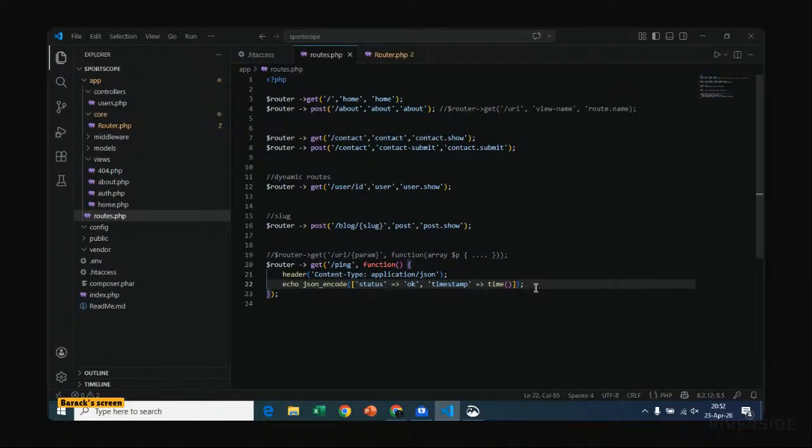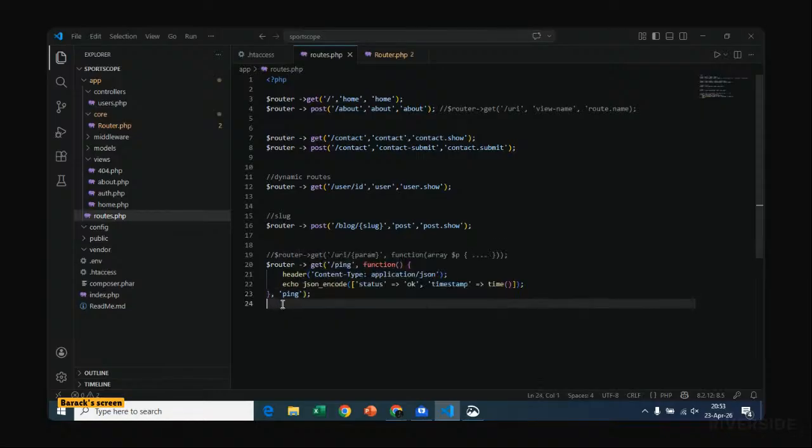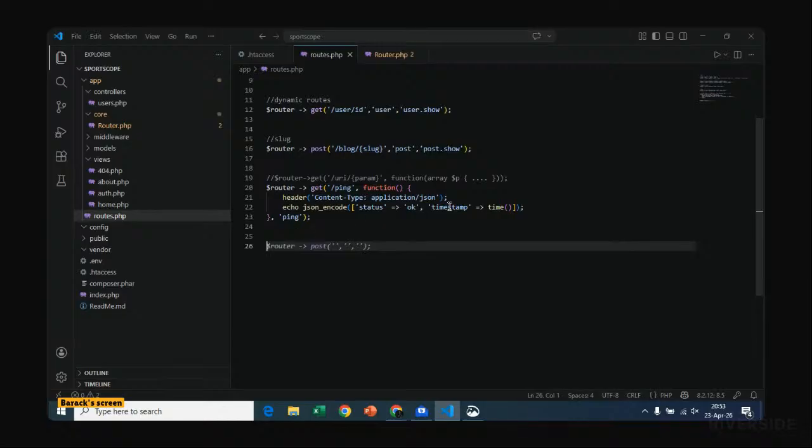So after echoing those two, right after this, we can just say ping. Cool. It's a simple one, though, just for illustrative purposes, but we shall upgrade later. It can get longer than this.